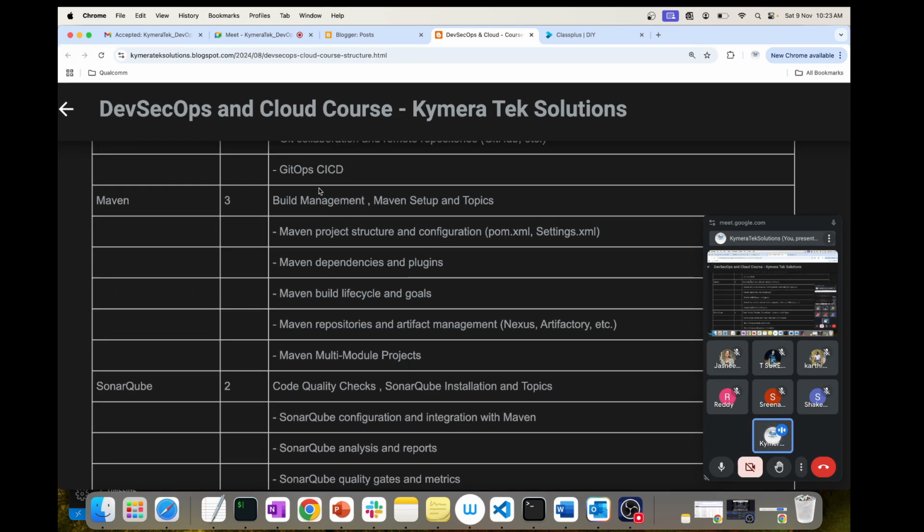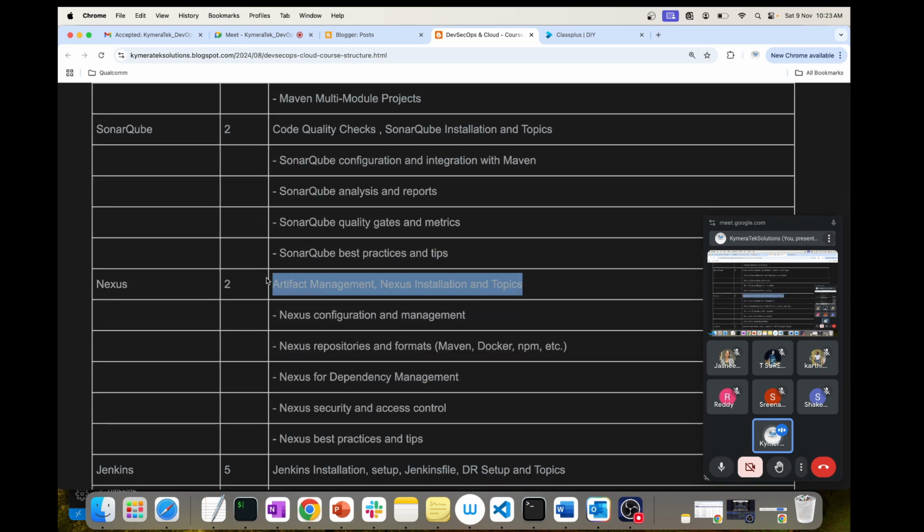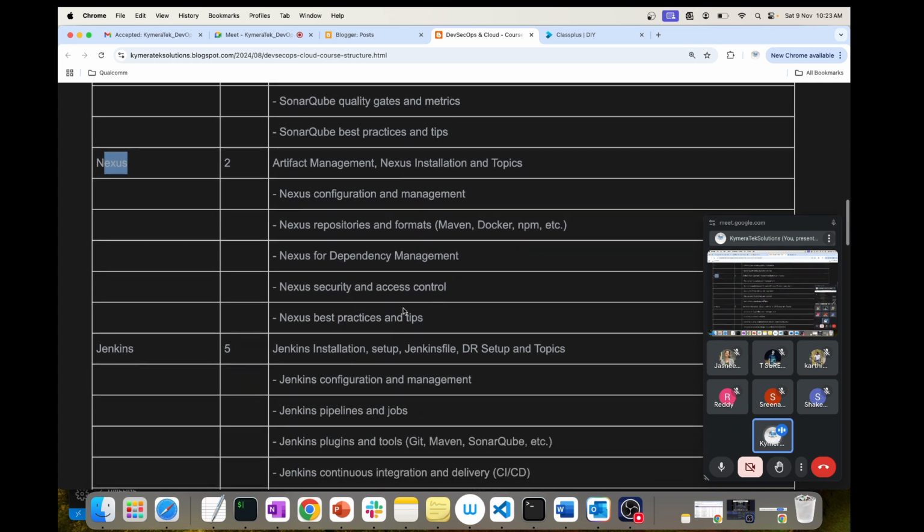Instead of going to the internet to download the dependency, it is going to download from this Nexus artifactory. I'm going to show you that setup and the downloading. Okay, that's about artifact management.